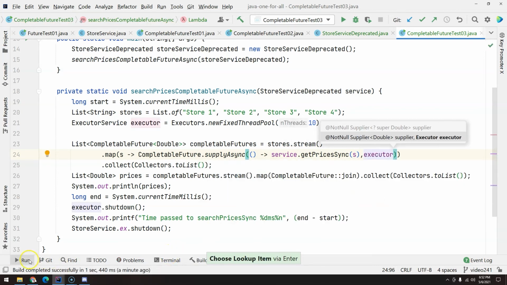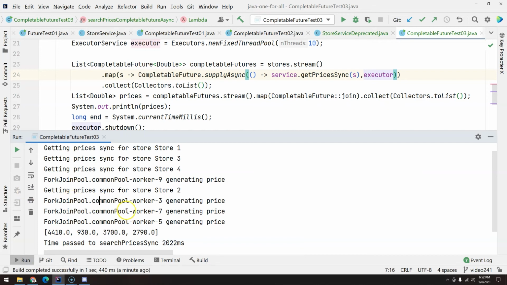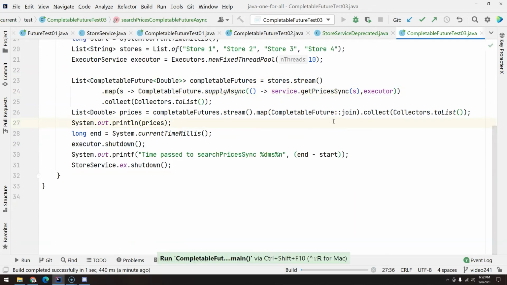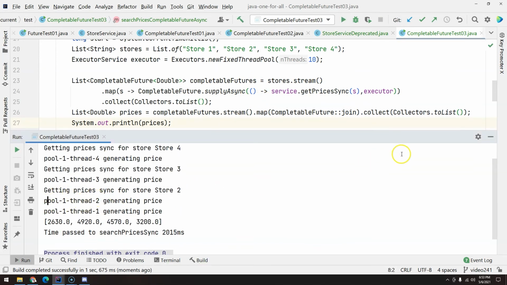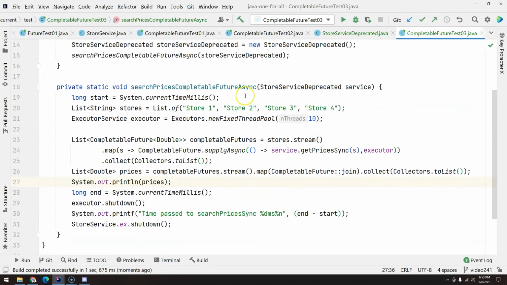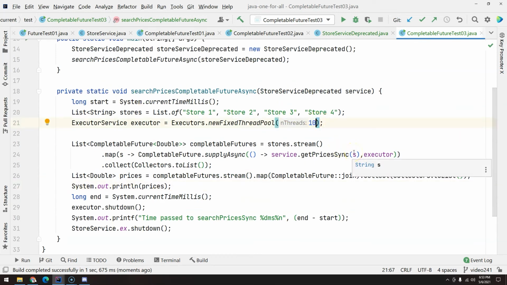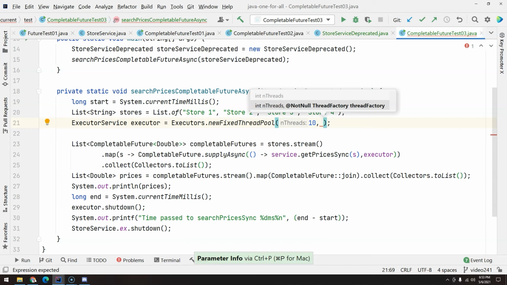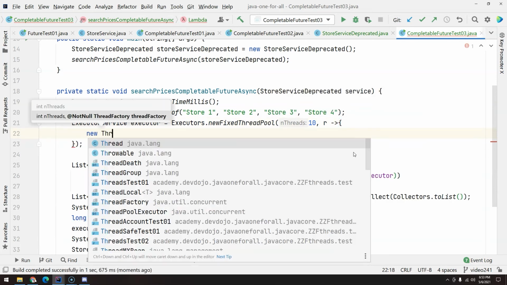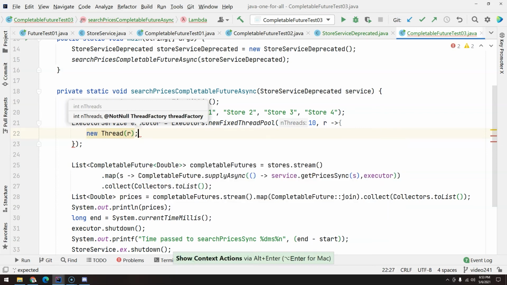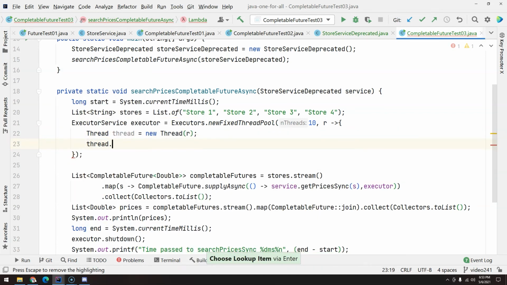If you go to the run, you will notice that we were using the fork join pool. But now, when I execute this method, as you can see, we are now using the pool of threads. The advantage is that when we are creating the executor thread pool, we can use this thread factory. With the thread factory, we can pass here the runnable, and then I can define how I want my threads to be created. For example, I could say, hey, I want all my threads to be daemon threads, and we can set this to true,